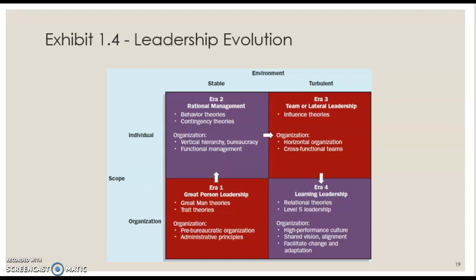As we change, we start to look at turbulence. Turbulence is about when leadership is changing because the world's changing: people's abilities, their desire to commit to an organization. Look as we move down to the bottom right-hand corner, and we're looking at learning leadership. When we incorporate learning as a critical element of leadership, we are honestly looking at something called level 5 leadership, which we will look at much more frequently.